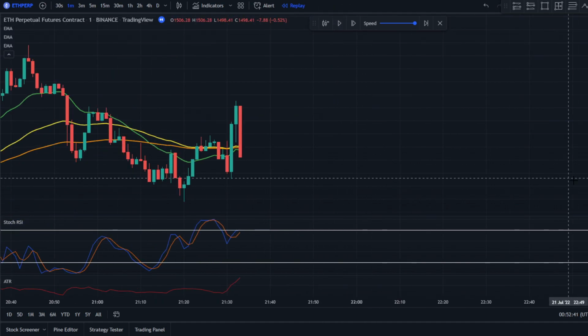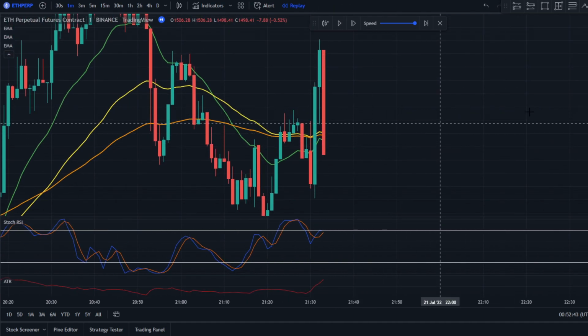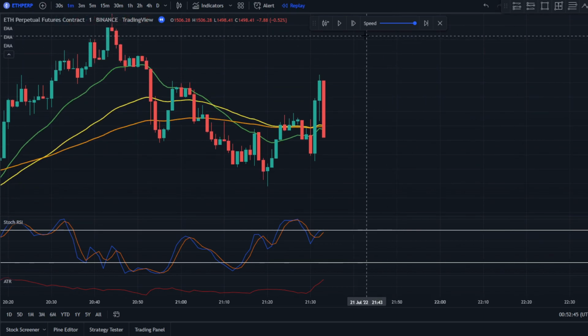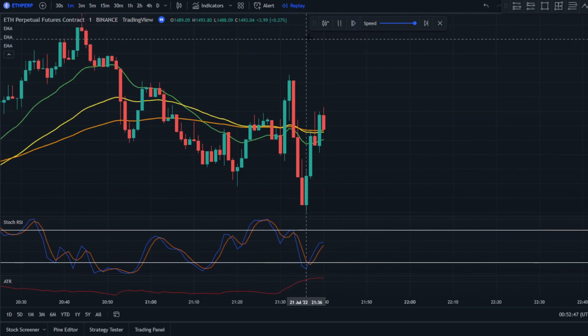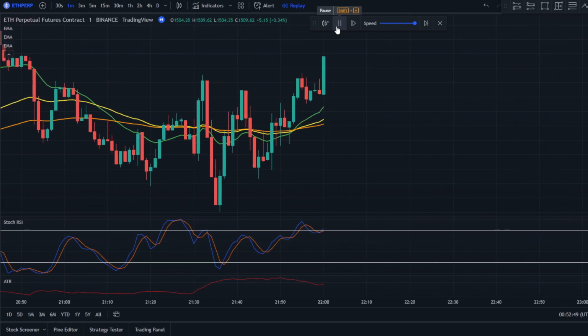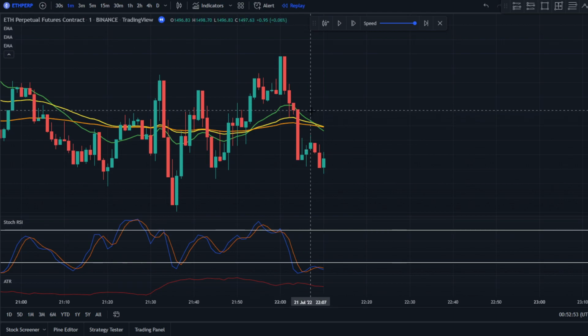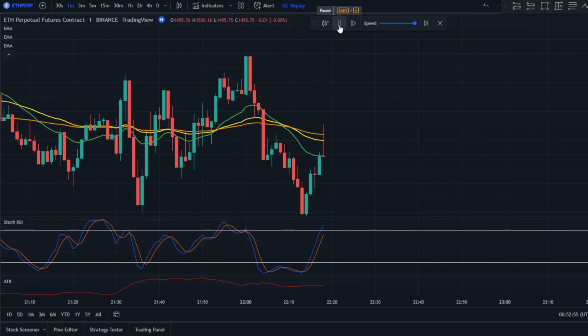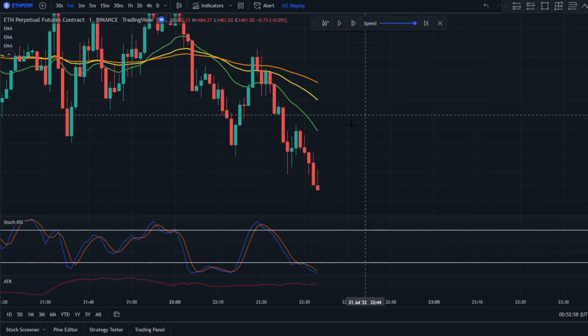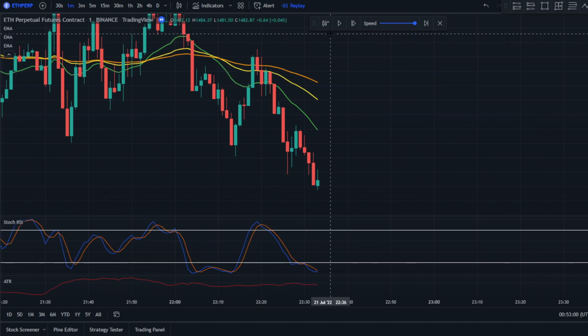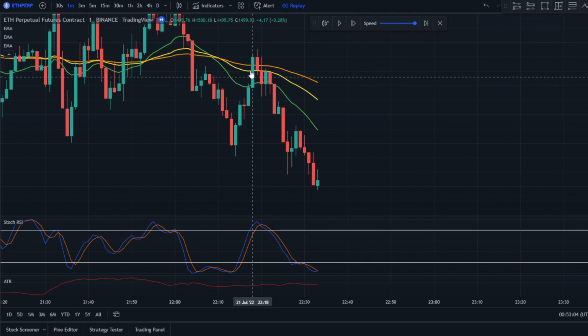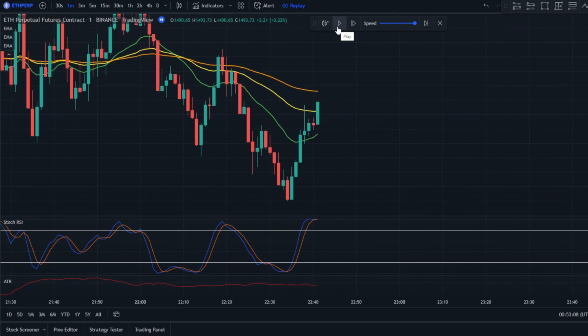So currently you can see that the EMAs are all crossed up together, and these are the type of markets you want to avoid. You just want to wait for them to have a small uptrend. You can see that there's a small fake out trend and it's going back down and up and down, but you want to wait for a clear distinct trend, and here we have our clear distinct trend. So technically I could have taken the position here, but I was not sure whether it was going to go to the downside. So now I'm going to wait for a crossover,